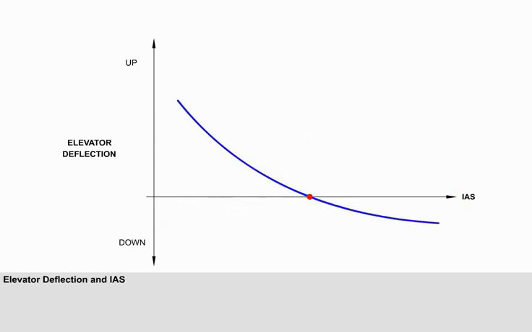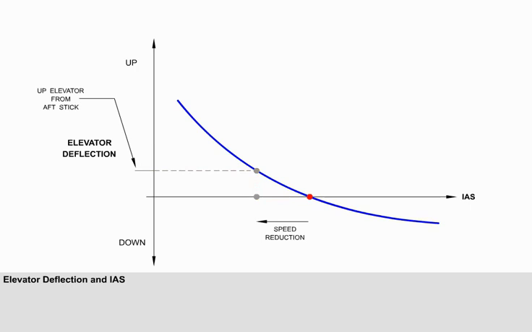All aircraft must have something called stick position stability. This means that the aeroplane must require the stick to be moved aft to increase the angle of attack, and trim at a lower indicated airspeed, and to be moved forward to decrease the angle of attack and trim at a higher indicated airspeed. While maintaining level flight, as the indicated airspeed is reduced, the elevator must be moved up. This requires the pitch control in the cockpit to be moved aft.